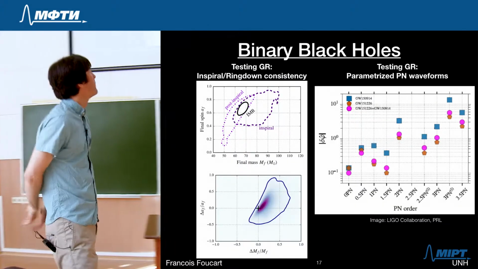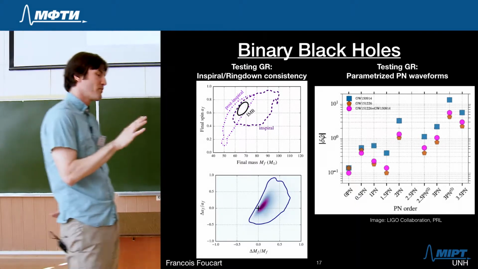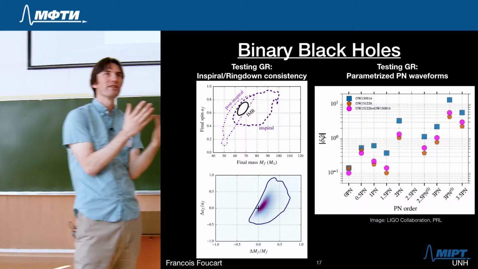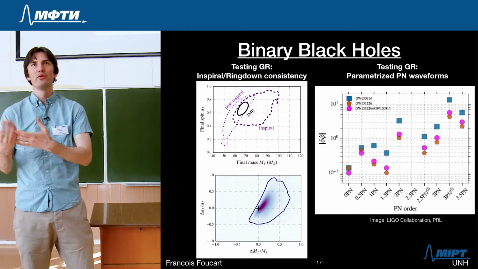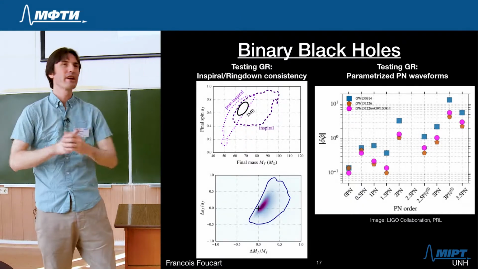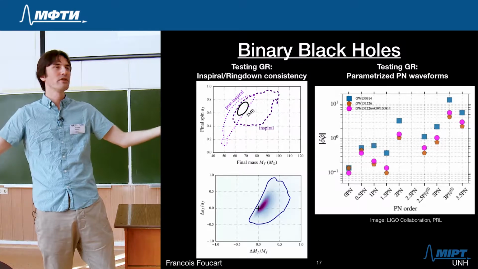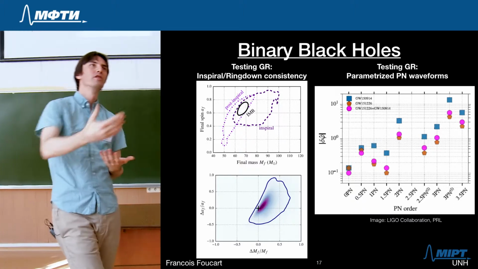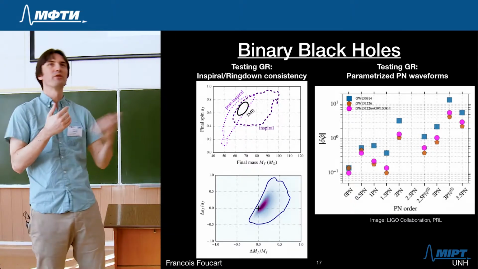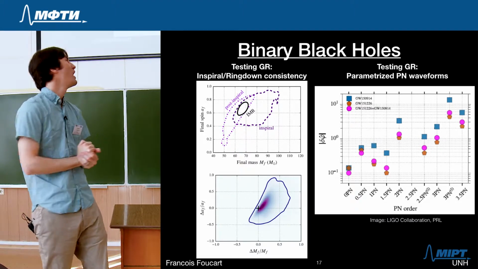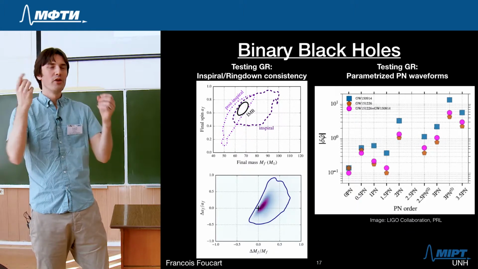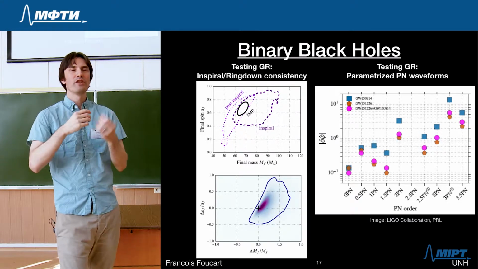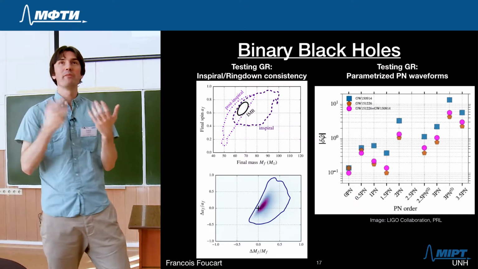Okay. So that's what we have been able to say about the properties of the individual objects. We are starting to get a good idea of the population of masses in these LIGO observations, and that's very useful if you want to do astrophysics with these observations. You can actually constrain what is the population of black holes that we see in the universe. And that can tell us a lot about all the processes that lead to the formation of a black hole, such as core collapse supernovae, which Philip is going to talk about later this week, or also all the complex interactions between massive stars in binary systems,